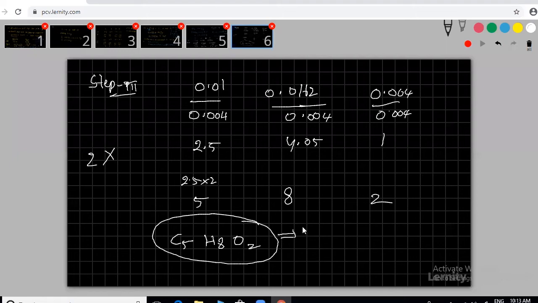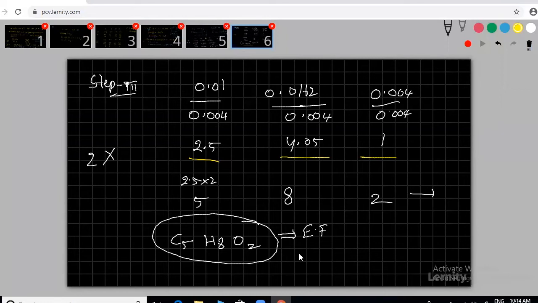What is this formula, sir? Empirical formula. Any calculation you can get. See first what is the process we are doing. We are missing the previous slide calculation. Don't worry about that one. Think first what is the process. In the last step we are not getting integer values, so that's why we are multiplying again with a suitable number. Then I am getting integers. Understood? This is the empirical formula.